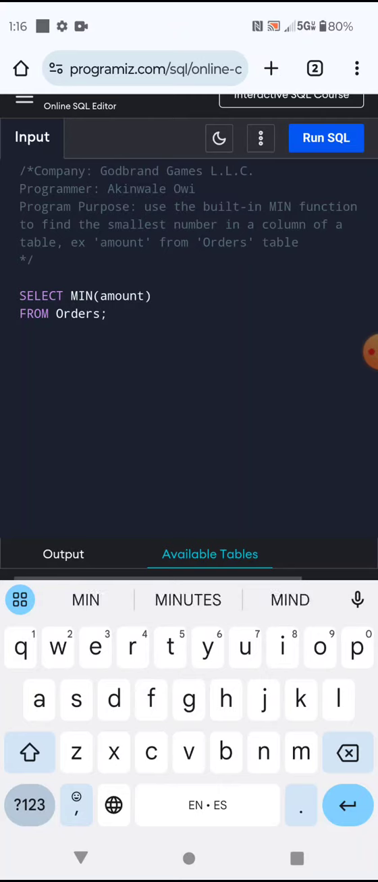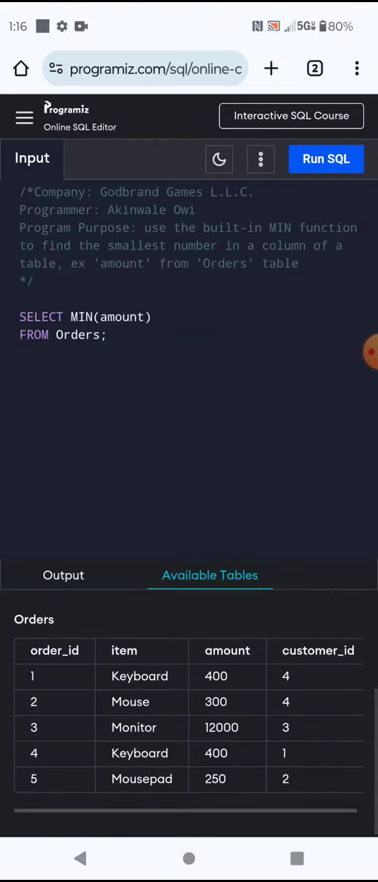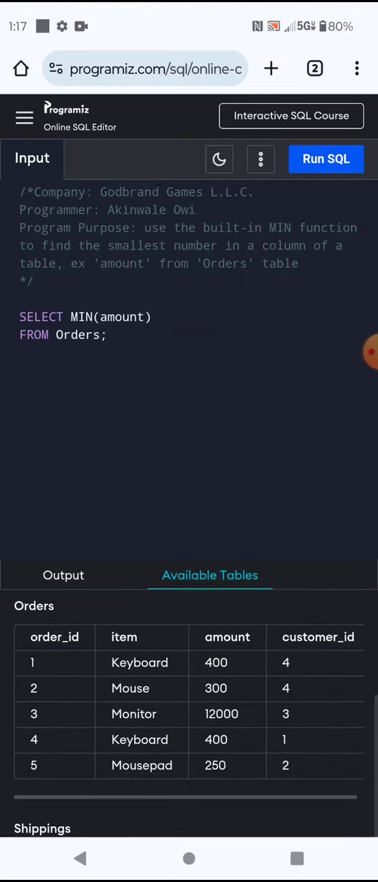So to make it happen, we use SELECT in all caps, then MIN, then the name of the column that we want to get the smallest number out of. So amount, to get the smallest number, we do that. And then